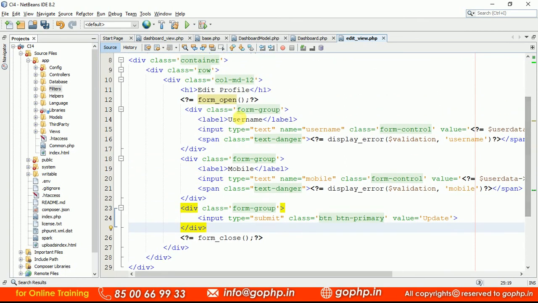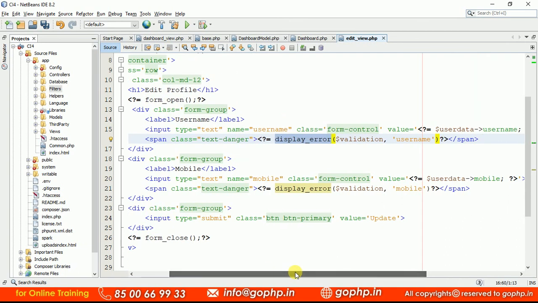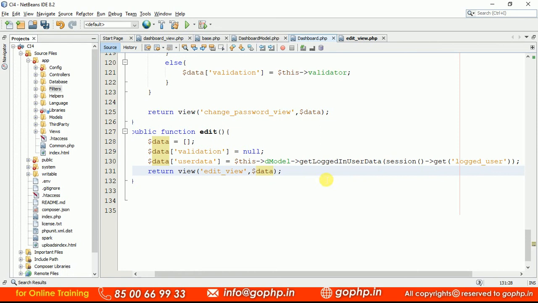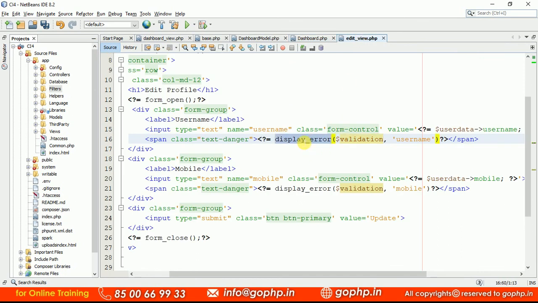Can you see? So this is the username, and here we have to display the inline errors also. I'm displaying, guys, I just copied it from our registration form. Earlier we did the same, right? For displaying inline errors, that's the reason in my controller I have taken an initial null value. So because here we have a function display error, this is our own function, right? This is not any predefined function, guys. This is a function which we extended in the form helper, and we wrote this function to display the individual error message of each and every input field.